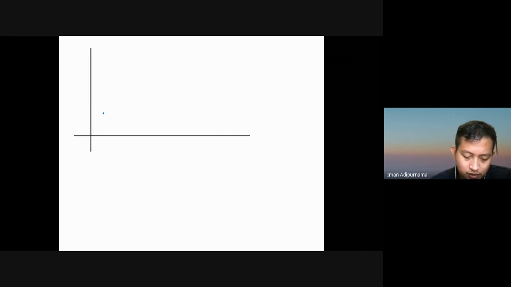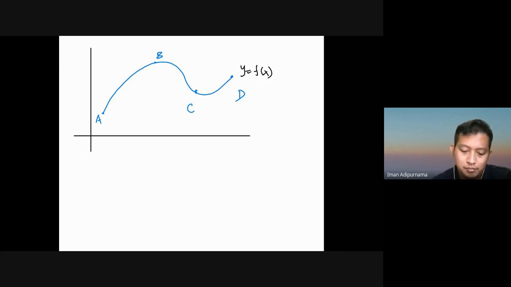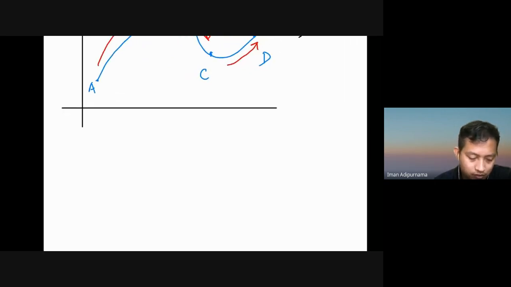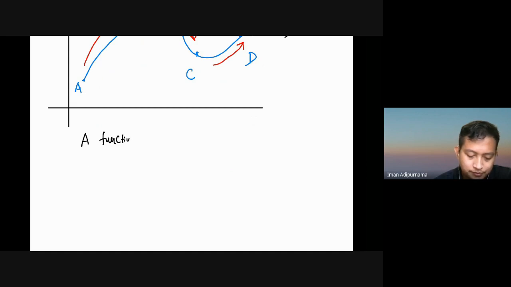Maybe just a little bit of additional things. If I have this A, B, and then C, and then D. If this is a function, of course, it's passing all the vertical line tests, right? If you look at here, from A to B, we get an increase in the y-axis, and then a decrease, and then an increase. I just want to make sure that you understand that a function is called increasing